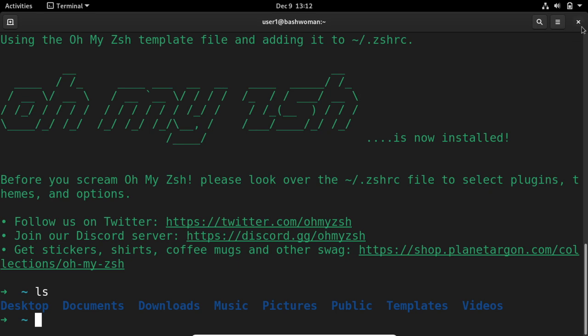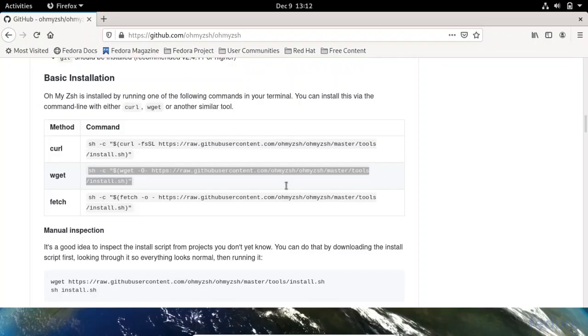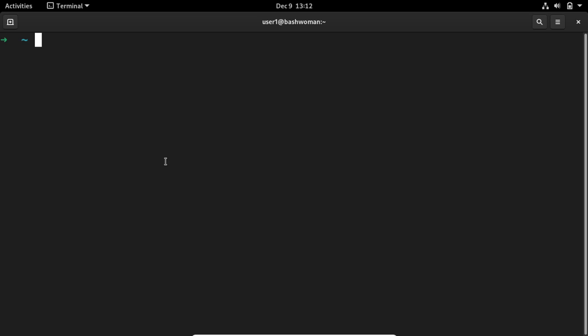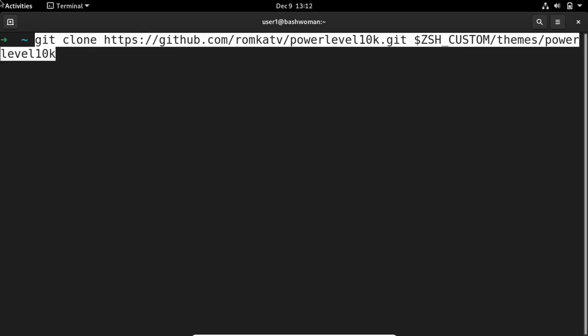For that you can close this terminal and open a new one. Now you can just type the command git clone and the URL of the Git repository for Powerlevel10k, and I need to save Powerlevel10k into a custom folder. I will drop all the commands that I'm using right now in the GitHub repository again.